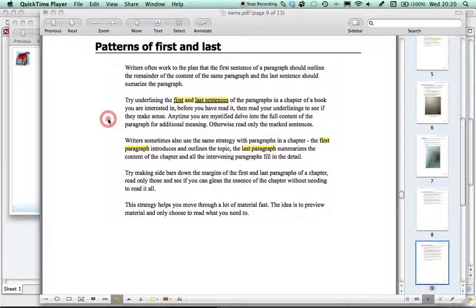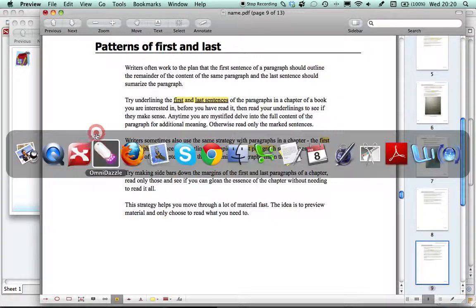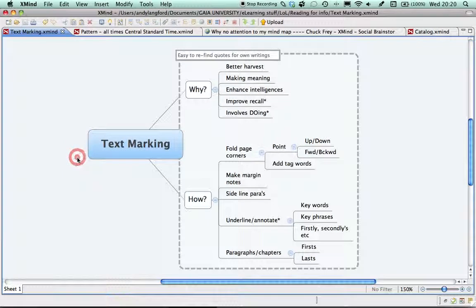Anyway, I took these highlighted words and phrases and jotted them down on paper because I like to make mind maps in the first place on paper before I start working on a piece of software to make the final production, and that was very helpful. That gave me a good sketch layout, and then I went on to look at XMind and I produced this mind map here. And what's very interesting for me when I make mind maps is that the final layout is always different from